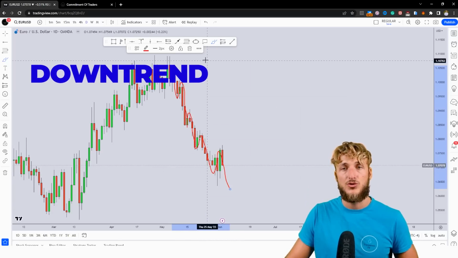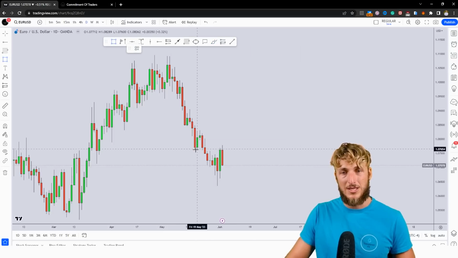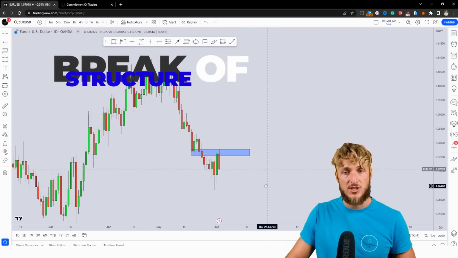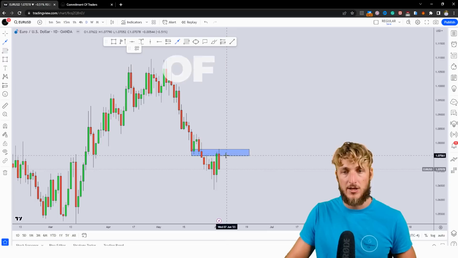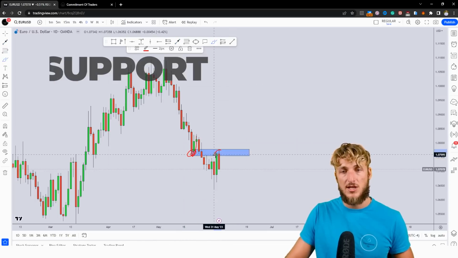As long as this market continues creating lower lows and lower highs, we cannot expect a rejection higher. What we need is a break of structure to the upside. Only at that point could the market continue higher. And in this case, the structure here on the daily is exactly here with this previous daily support that is